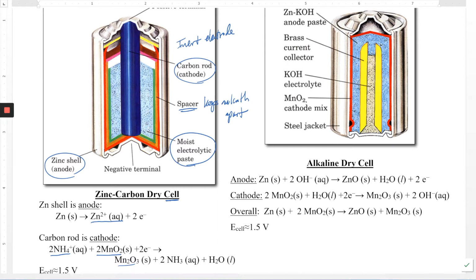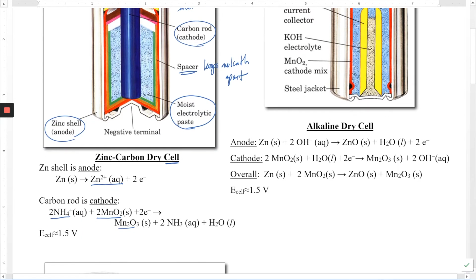This battery will develop a voltage of 1.5 volts, and that's what you typically see on everything from a AA, AAA, all the way up to C and D batteries. A 9-volt battery, by the way, so those 9-volt square batteries, a 9-volt battery is just six 1.5 volt quadruple A batteries in series. And so it's nothing special. It's just six of these